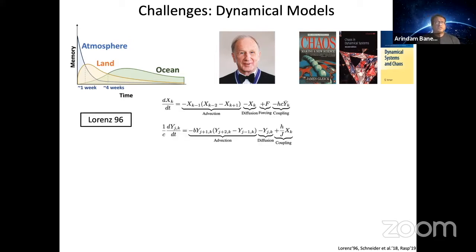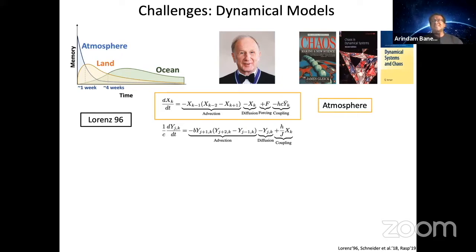So this model was developed by Ed Lorenz, who's behind a lot of these threads, initiating these threads. This is called the Lorenz 96 model. It has two sets of variables, the x's and the y's, and they have advection and diffusion, and the x's and the forcing, and they're coupled. So we don't have to understand the nitty-gritty of these PDEs, but for our purposes, we are going